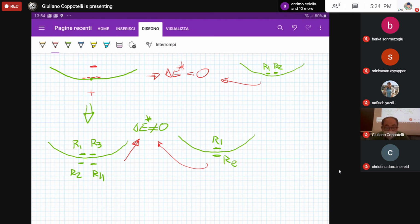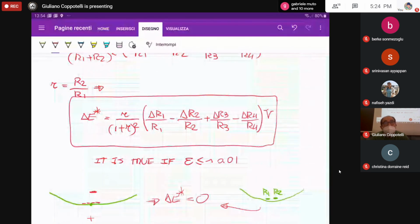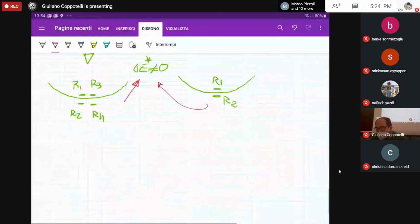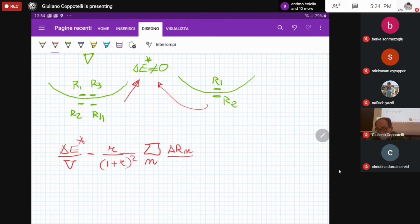Okay. That's the reason why this equation, the bracket one here, is generally rewritten as a summation of all the resistances, because we are implicitly considering that when you are using them, we are using them with a smart vision. I mean, positive and negative are in the right conditions. So we can rewrite that equation as delta E star over the input tension is equal to lowercase r over 1 plus r squared, and then the summation over index n of delta Rn over Rn, in which n